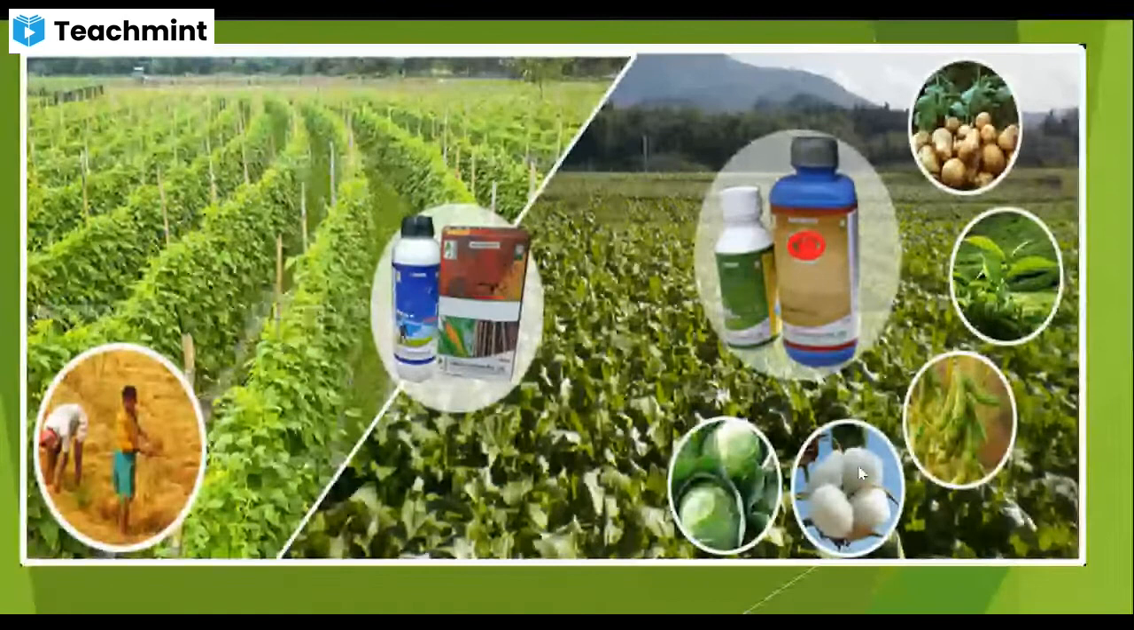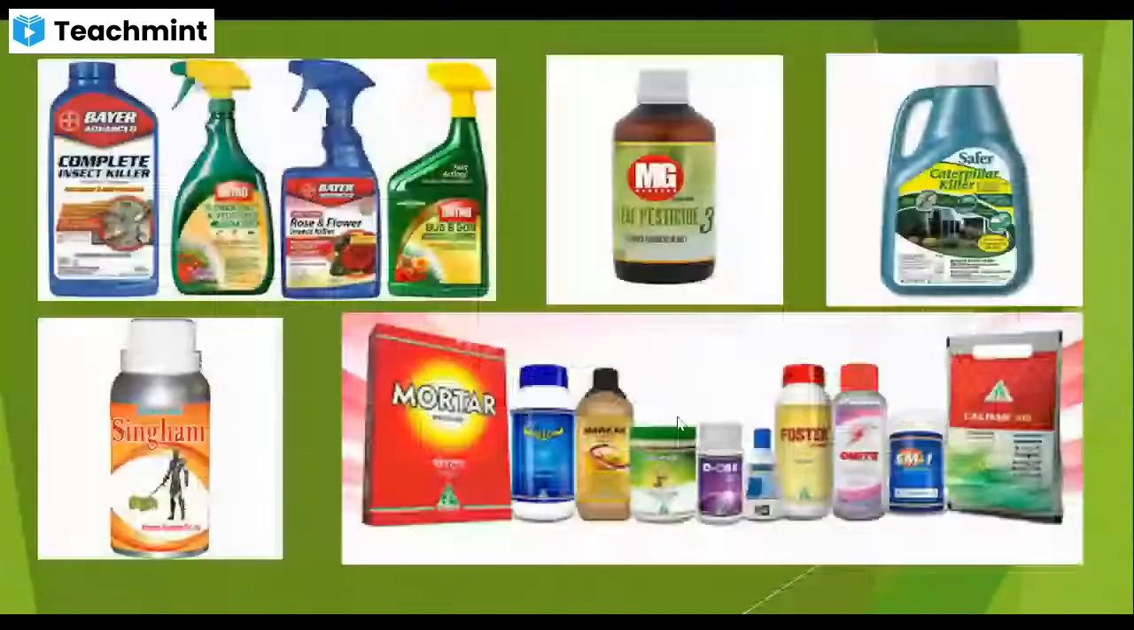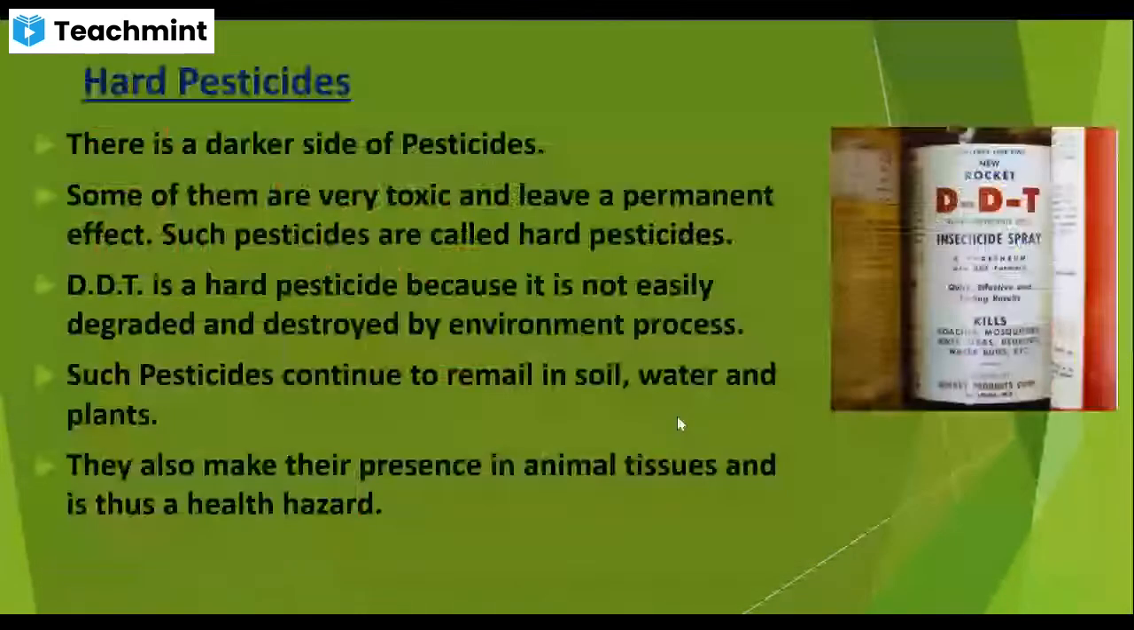Then this is a cauliflower. Okay, so different types of pesticides can be used. In this way we can spread pesticides over the plant, and these are available in the market. Now see,